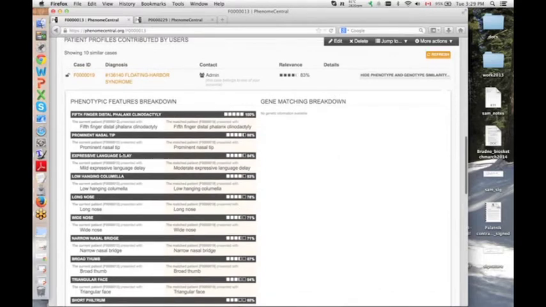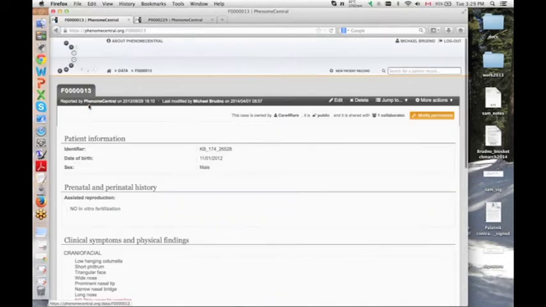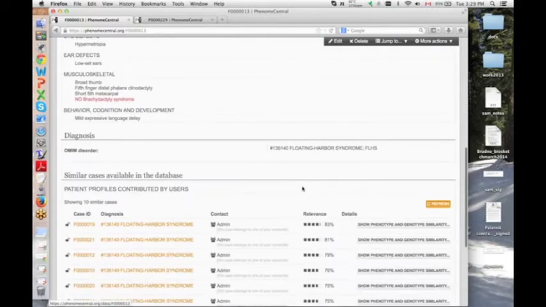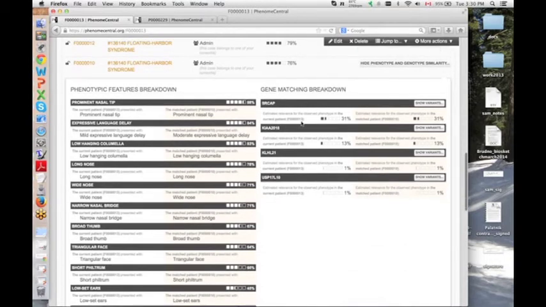So you can see the phenotype similarity. You can see these are the phenotypes present in my patient. These are the phenotypes that are present in the other patient. There's no genetic data for one of these two, so you will not be able to see that. But if we go to patient 12, you might know has phenotype data, and look for similarity here. You can see here's a phenotypic similarity and genotypic one, and the SRCAP gene is shown as the most likely one to cause the disorder in both of these patients. So as a result, it comes up top of the gene matching.